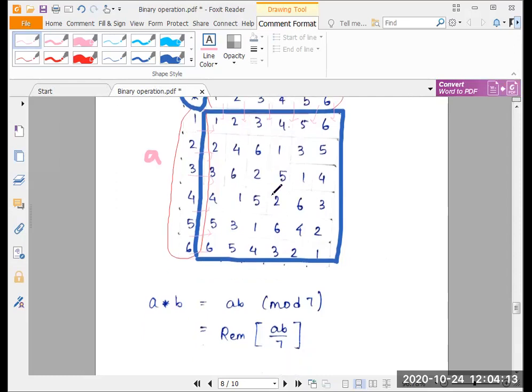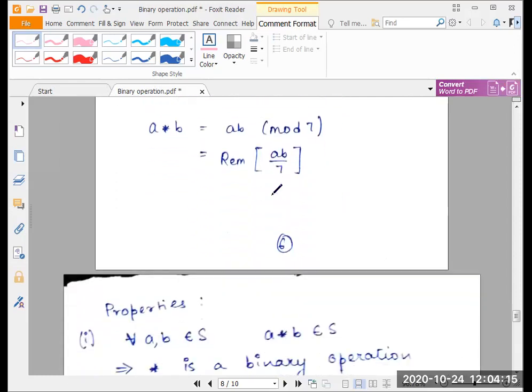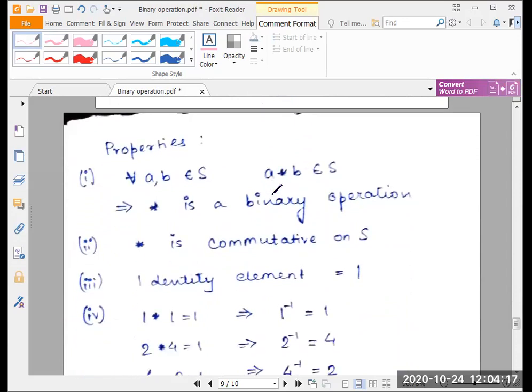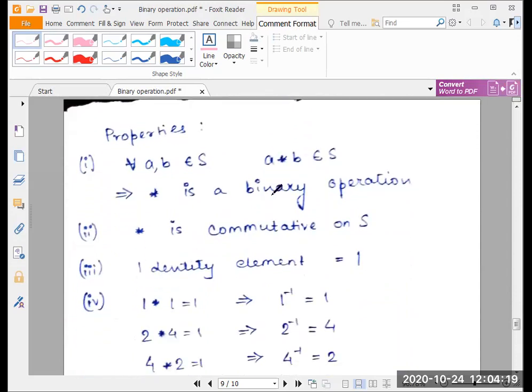Next, what we need to do is analyze the composition table under consideration and see what properties the binary operation has. Here we won't go by the conventional procedure. We'll look at the composition table and try to find out what properties it has. Again, I said in my previous sum that a composition table also gives certain features of the binary operation.